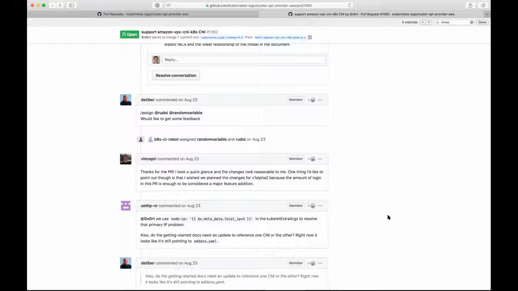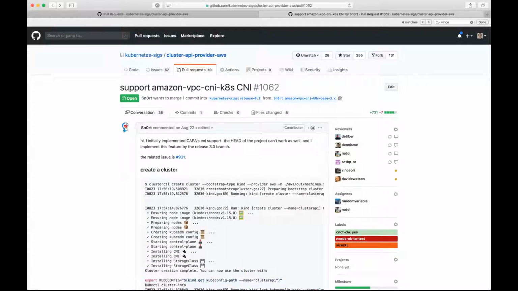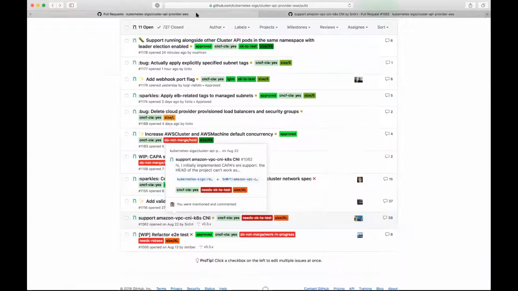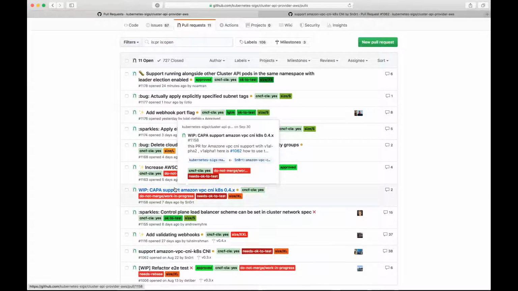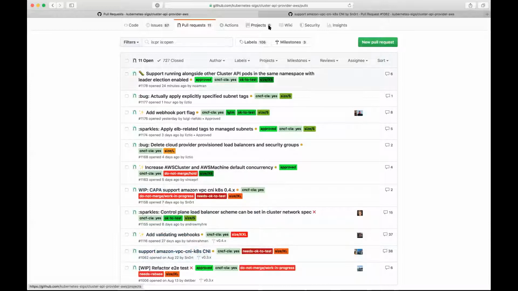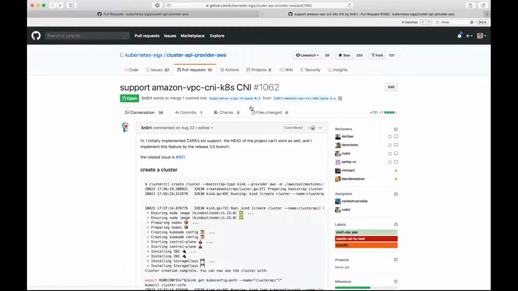Oh, I just noticed the contributor opened another PR for 0.4.x, work in progress. Okay. This one? Yeah. All right, then I think we can close the one that's targeting release 0.3, or at least suggest it.